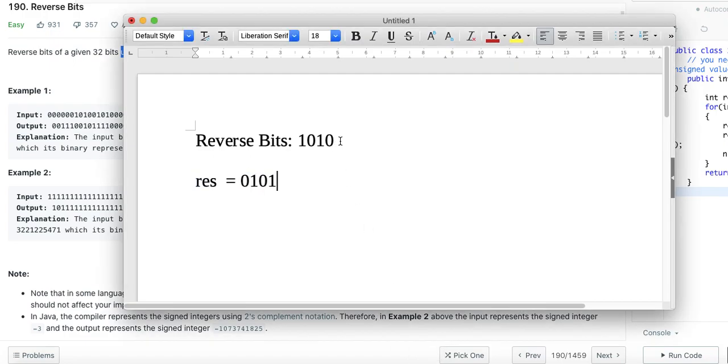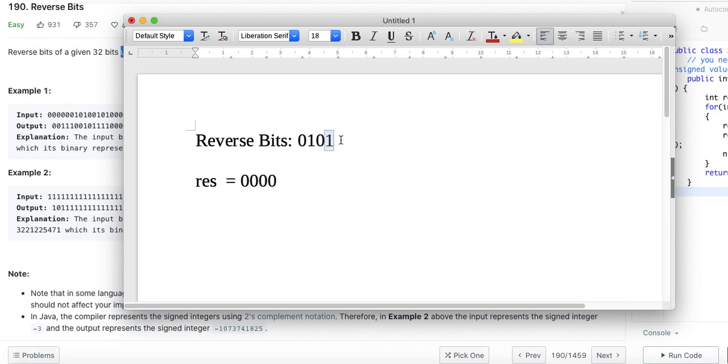If we see this pattern here, we go from right to left in the input, and we are setting from left to right in the result. So what I can do is have 0000 initialized as the result, and I get this bit, 0. Then I'll set this bit. Now that I need not care about this bit, I shift the entire input to the right, so that it becomes 0101. And the result, after setting it, I'll shift left, so that when you go through the entire sequence, it will be in the right position. Left shifting this again gives 0, so I won't do it here.